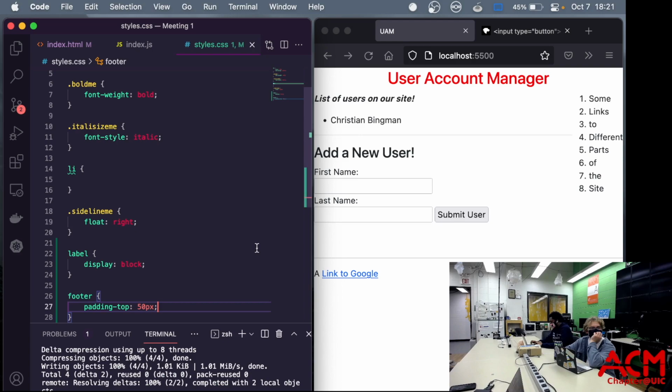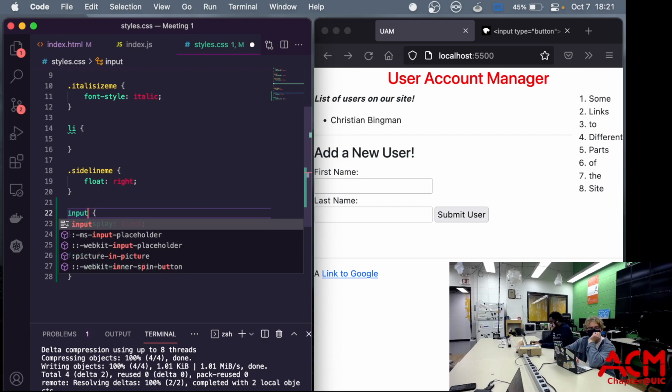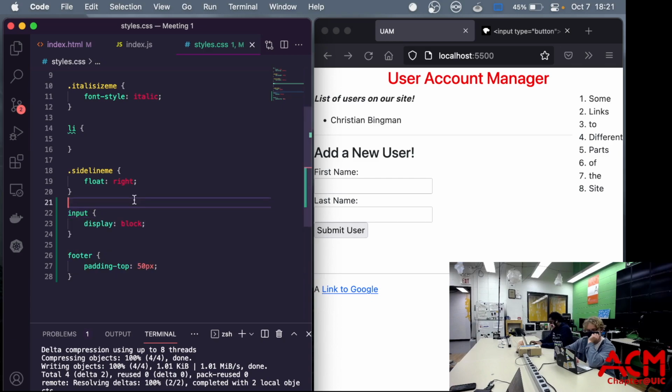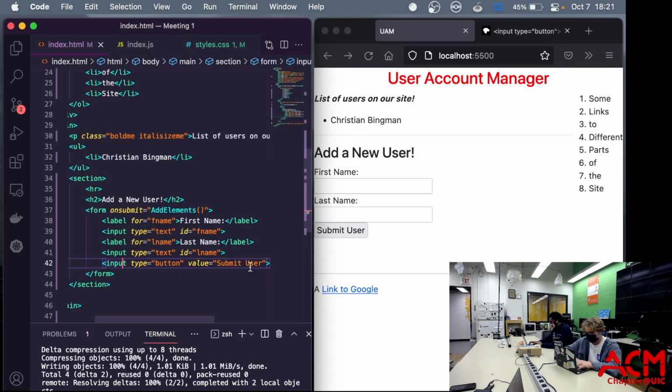So instead of setting the labels to be block, I'm going to set all the inputs to be block. So this will sort of add that here. And then let's go ahead and add some padding around our button. But I'm actually going to stop doing these manual style elements here, and let's go ahead and make it look a little bit pretty before we do the functionality. Generally, you would make it functional before you make it look pretty, but since we're already here,